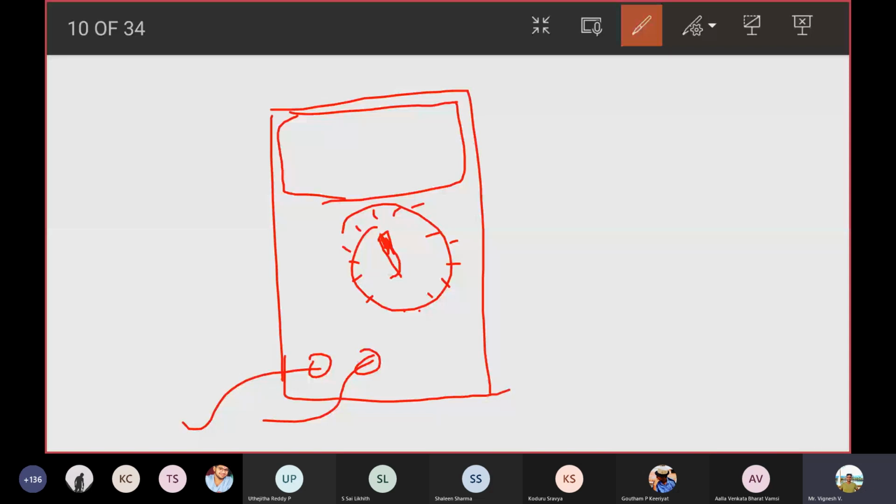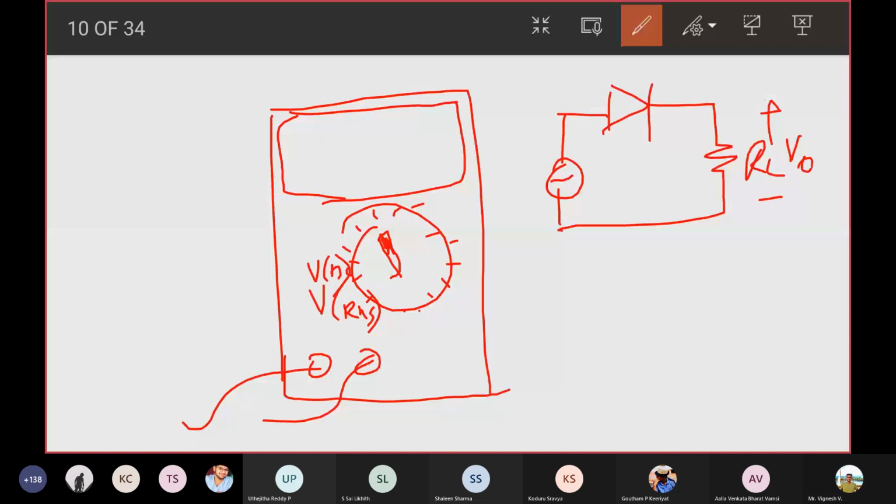in the multimeter, you have a marking called volt. It will have an RMS value and another volt would be a DC value. Now if you're using this voltmeter to check the output voltage of the half wave rectifier, let me connect the voltmeter across RL to check the output voltage. My knob is at DC. What is the voltage which the multimeter would display?